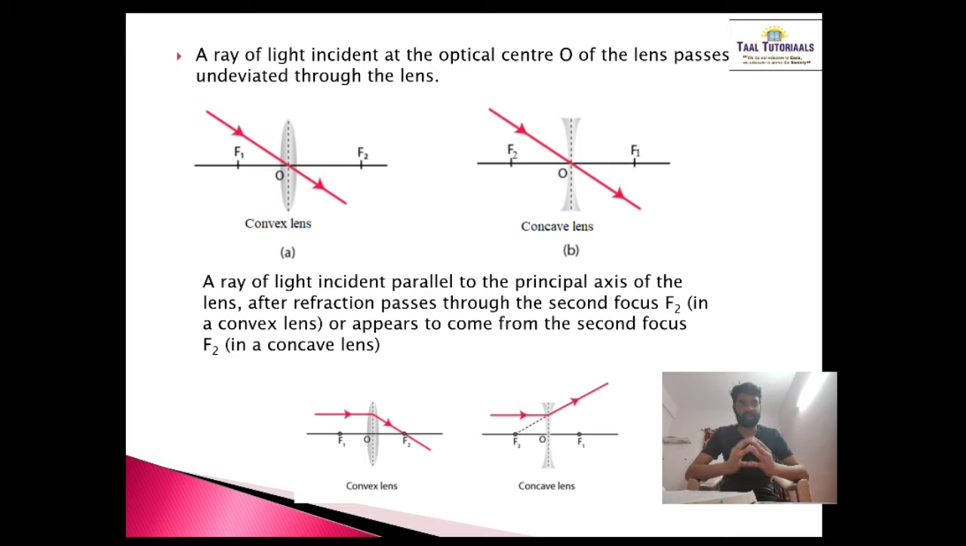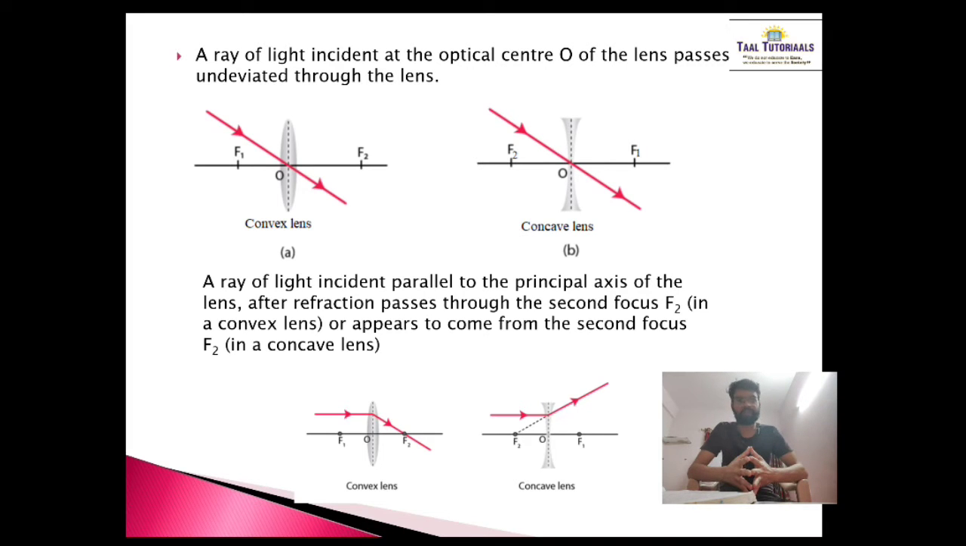First, as you see in the PPT, a ray of light incident at the optical center O of the lens passes undeviated through the lens. You see in the diagram, there are two diagrams shown, A and B. If a ray of light is incident at the optical center O of the lens, it passes without any deviation through the lens, as shown in figures A and B respectively for the